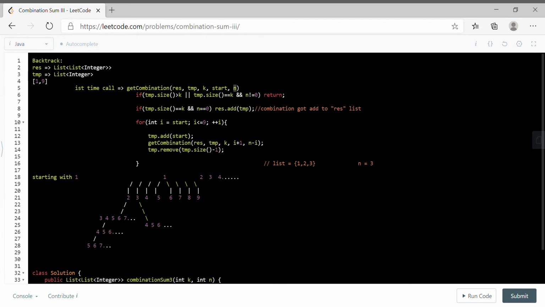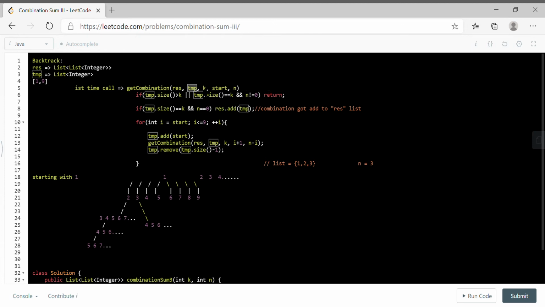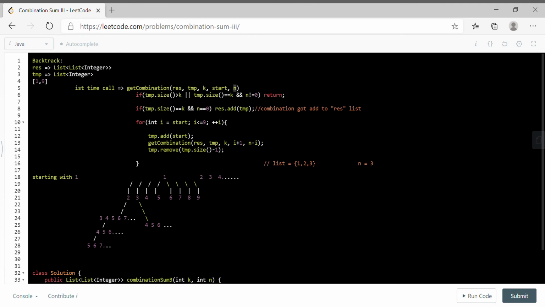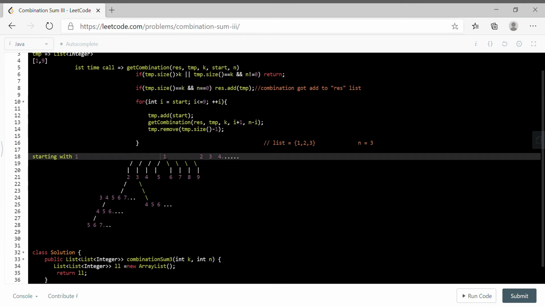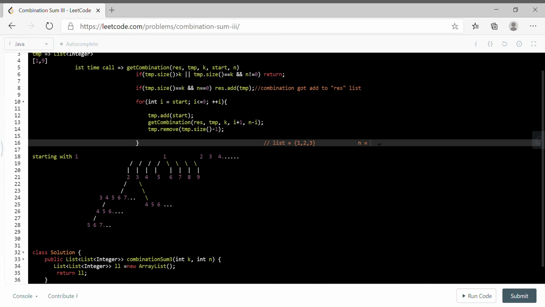Okay, so here we'll check if temp already has k digits and n is 0, it means this is our right solution. Otherwise, we'll start from 1 to 9, right? We have one temporary list, and that is empty.